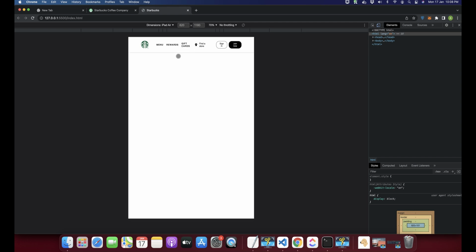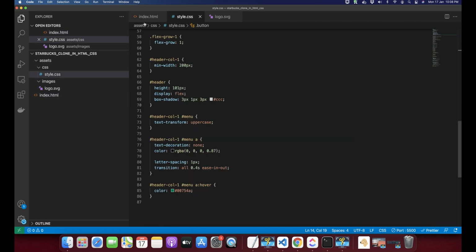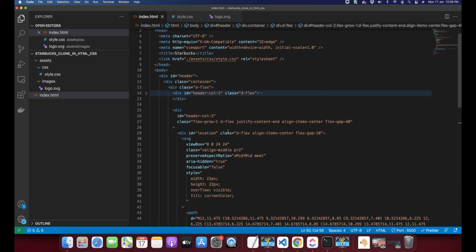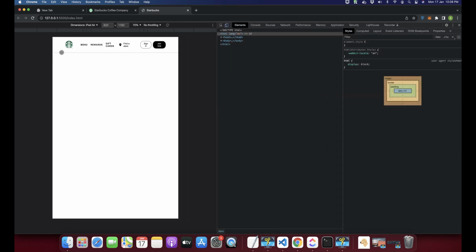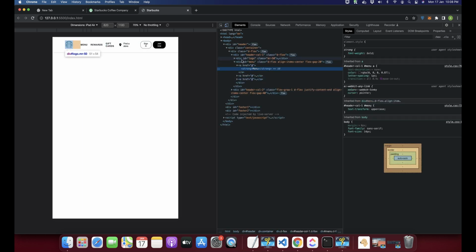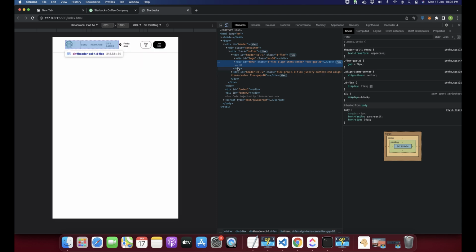Okay, right now you can see that it is not looking good. So I think from this size we should convert it into the mobile view. So I am now going to hide this section by using a media query. But before that, let's see what's going on inside the inspect element. So this is the logo section, this is the menu section, and this is